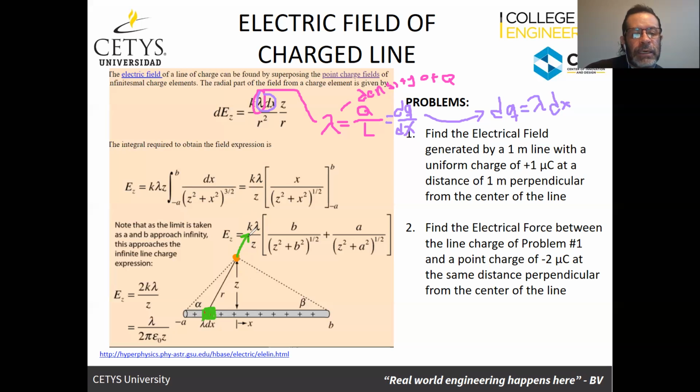This electrical field is going to have two components: one going this way, and one going this way. The component that's going horizontally is actually going to cancel out, because if I grab another differential